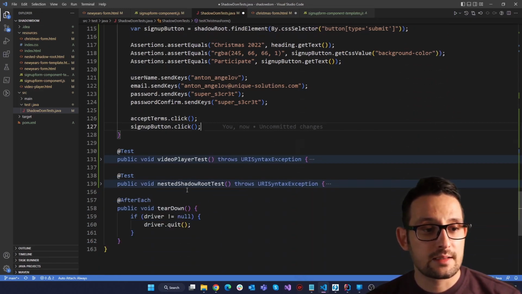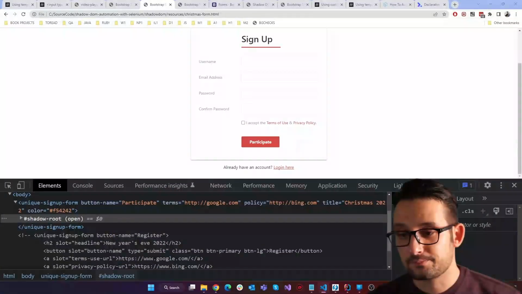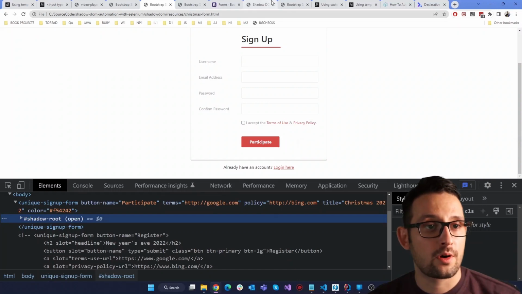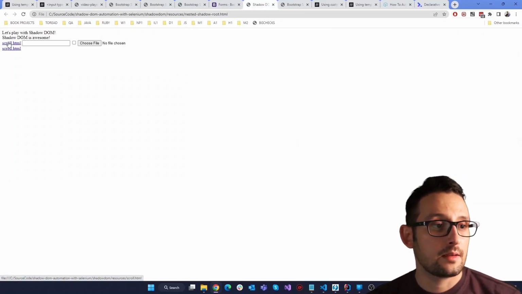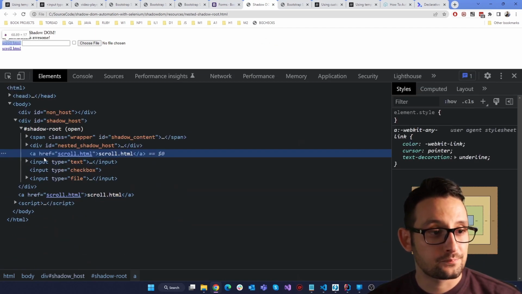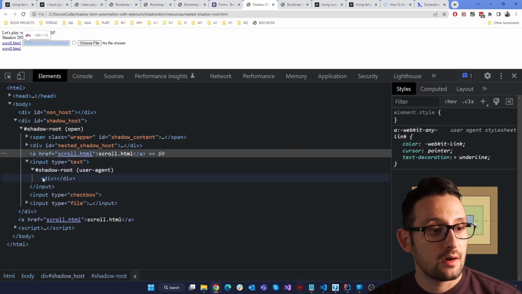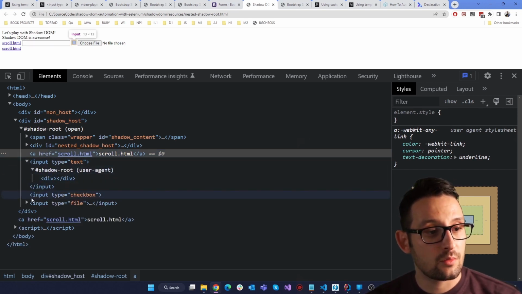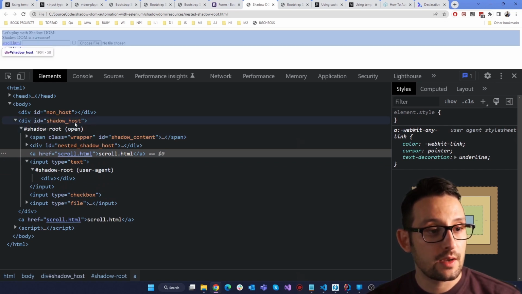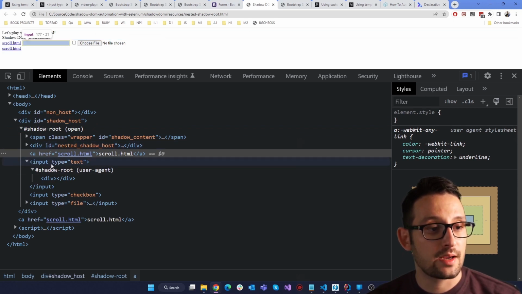And now let's discuss one more thing. It's related to nested shadow root tests. I'm actually going to show you one more example. It's this form here, where I created a nested shadow root. As you can see here, we have 2 elements, and we have the first shadow DOM with this shadow host, and then we have this nested shadow host where inside we have this input